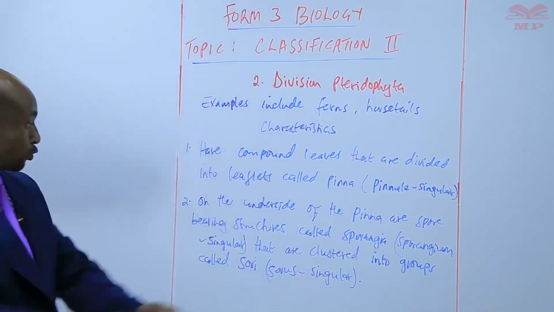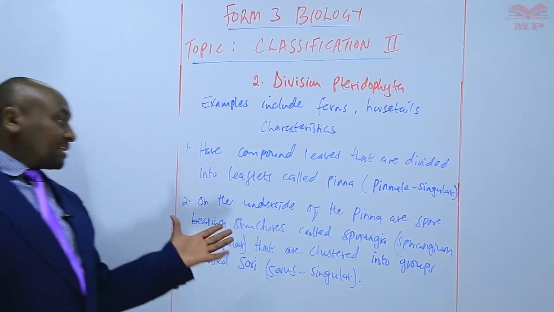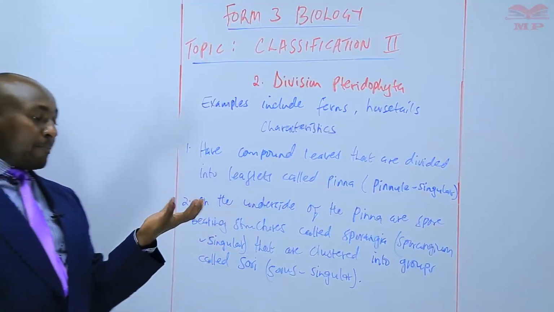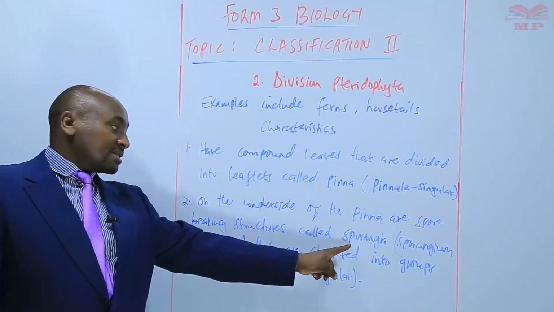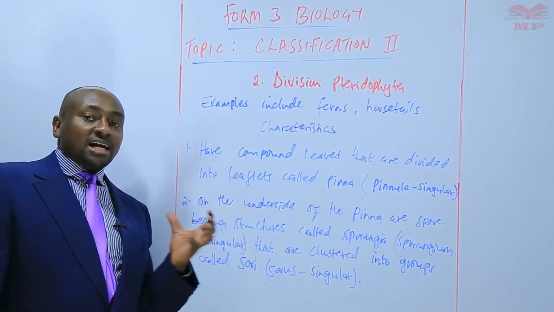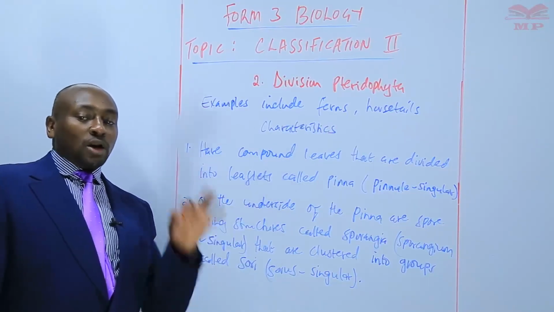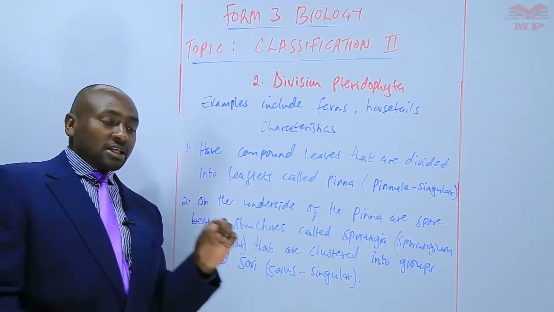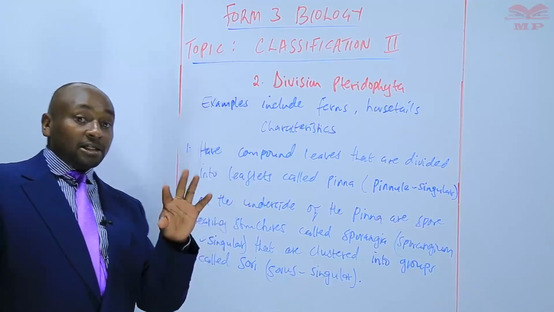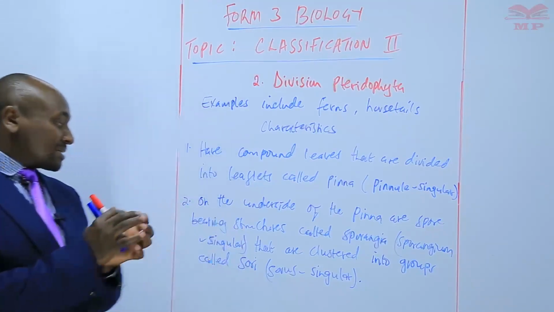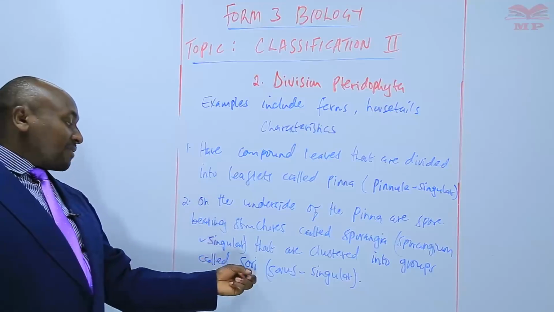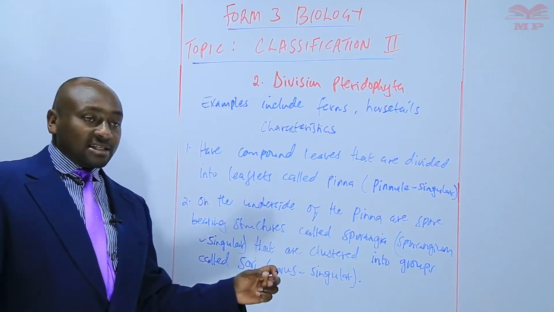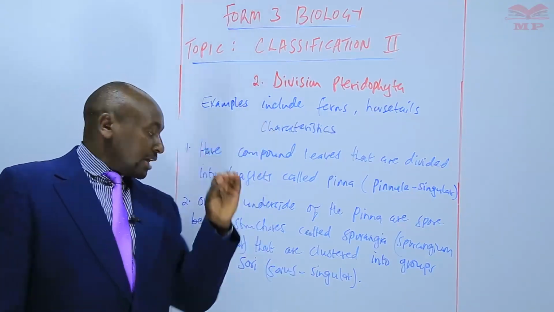So there's something that I would like to explain further there, that on the underside, that is the lower side of the leaflets, we have spore-bearing structures, and those spore-bearing structures are the ones we are referring to as the sporangia. Sporangium is the singular. When it is one, it's a sporangium. Those sporangia exist in groups. They don't exist in isolation. They exist clustered into groups, and those groups are referred to as the sori. The sori is the plural, sorus is the singular, each group. So we have several sori on the